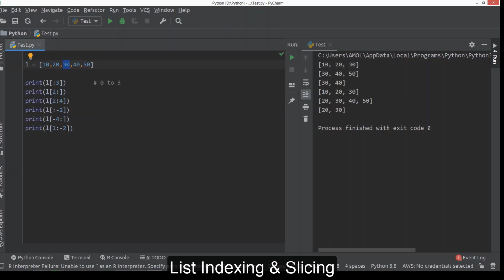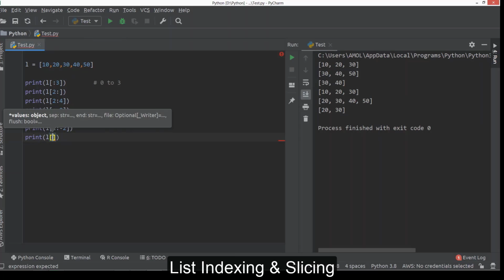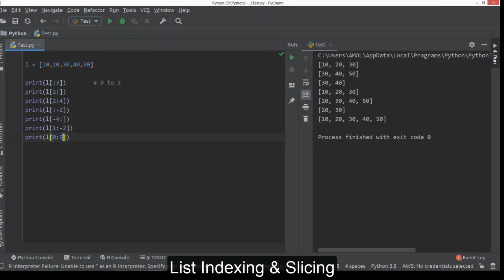So these are the different ways to slice your collection and access a range of elements. One last one that we mentioned in case of string also. You see, here we are saying 0, 4, so sorry, say 5. So somehow we are accessing the whole list here.